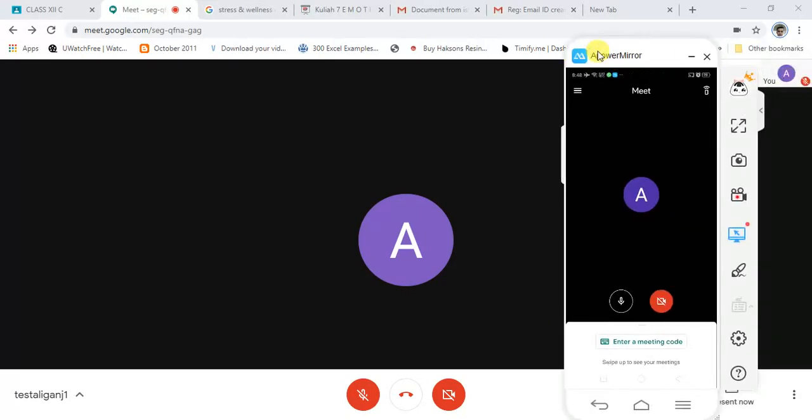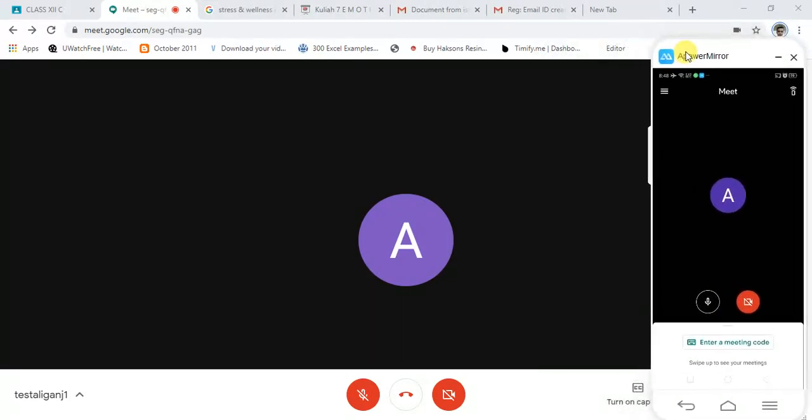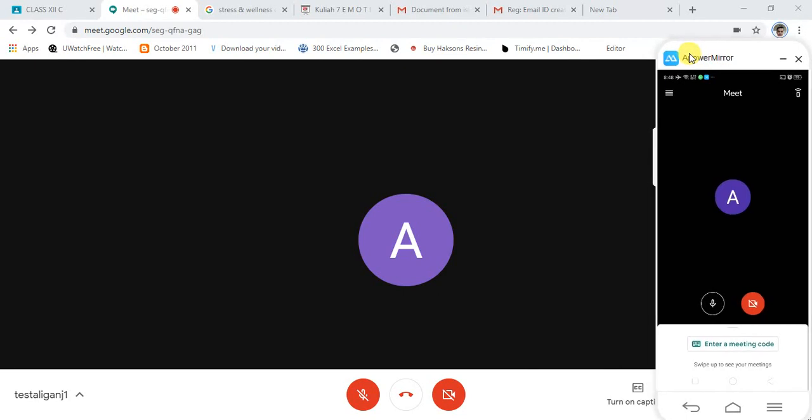Let's see how it looks for the student. On the left-hand side you can see my mobile screen. I've already logged in with a student ID, so you can have a look and feel of how all the settings and privileges given to the student look. A similar view might be what you get for teacher access.